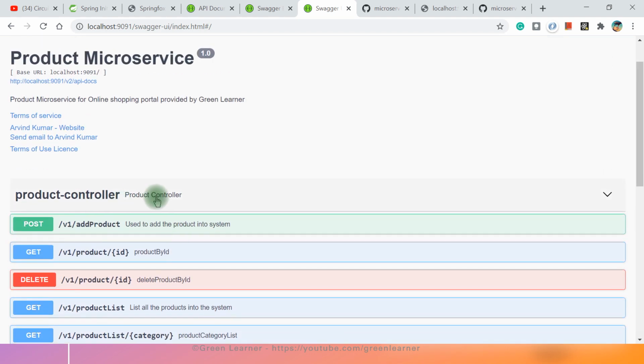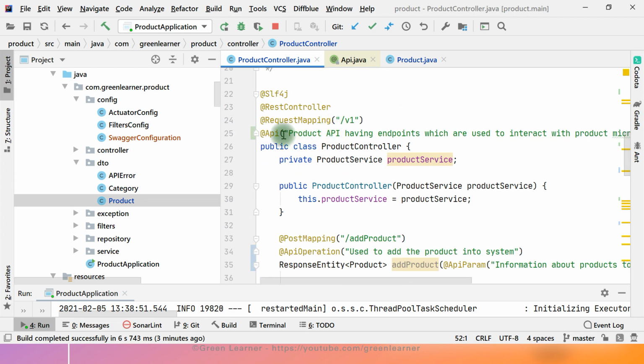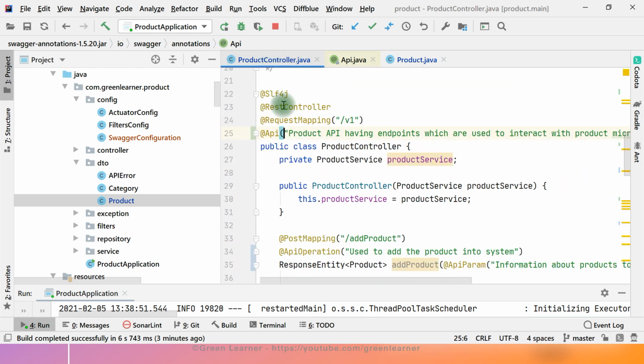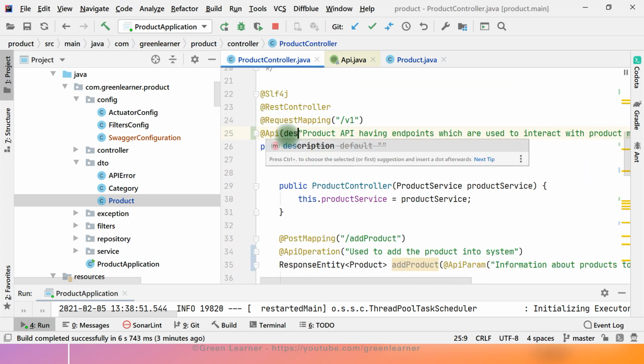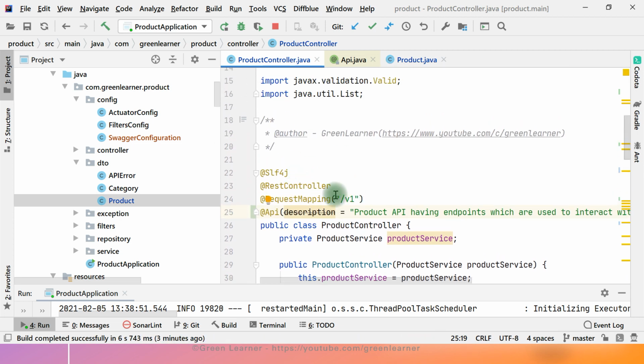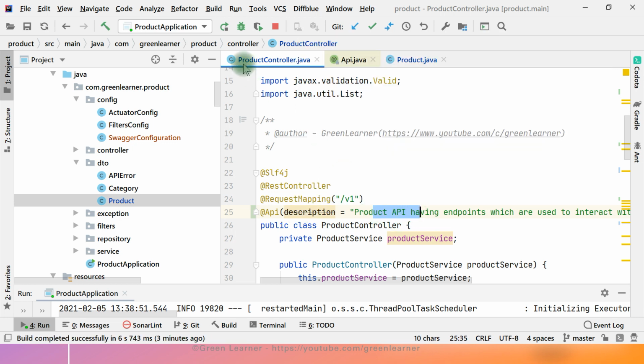So now fix this product controller part here. We are not seeing that part here. So I think there were a couple of attributes, authorization, and I have to mention it specifically. So put the description. This is deprecated, but still we can use it. Okay, we should not use it actually. So if I restart this, we should be able to see this part.